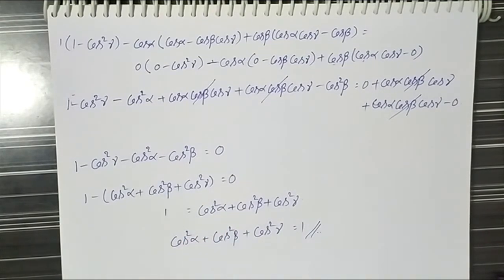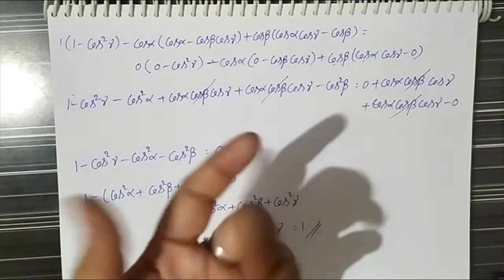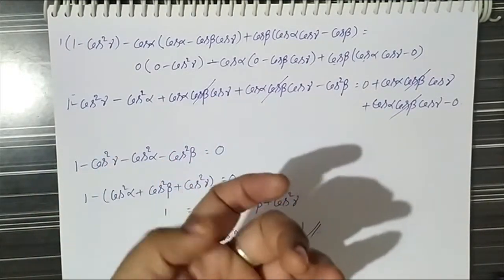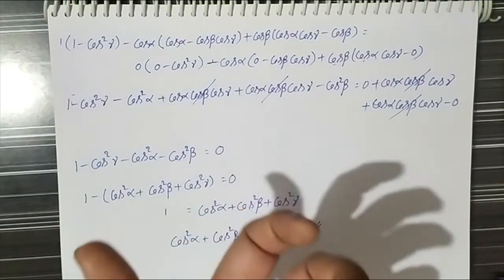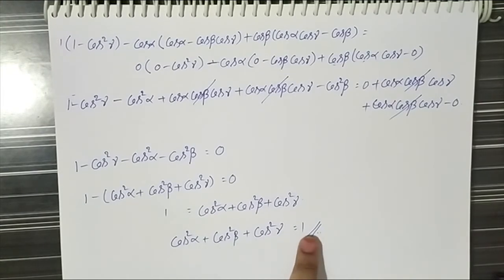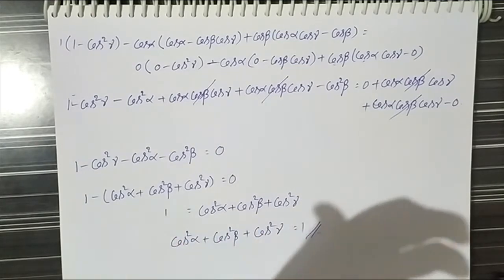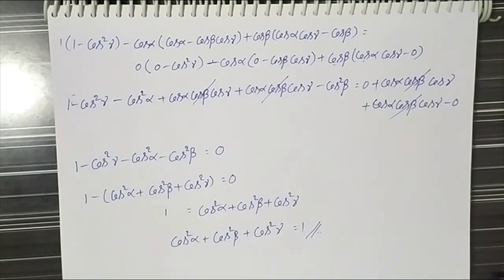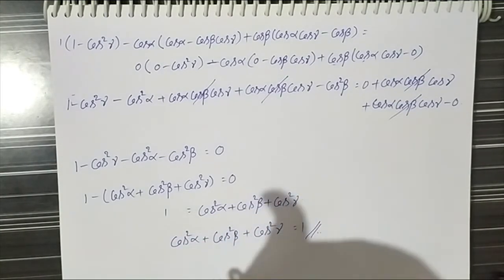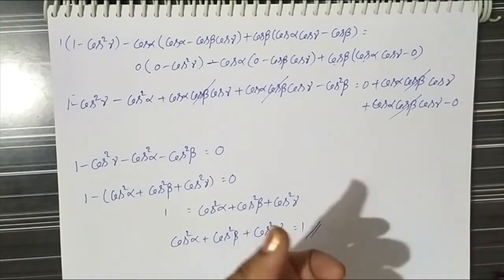This is the solution. In this, we are given delta 1 and delta 2 values, and one condition is that delta 1 equals delta 2. Then we have to show that cos square alpha plus cos square beta plus cos square gamma equals 1. By using the condition that delta 1 equals delta 2, we substitute the delta 1 and delta 2 values. Delta 1 is one determinant and delta 2 is also a determinant.